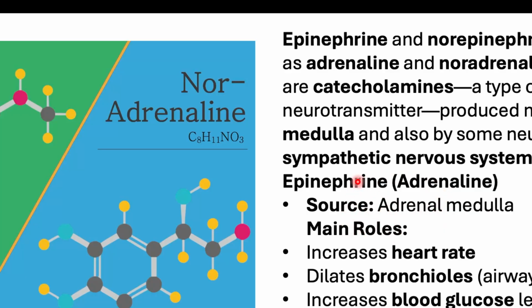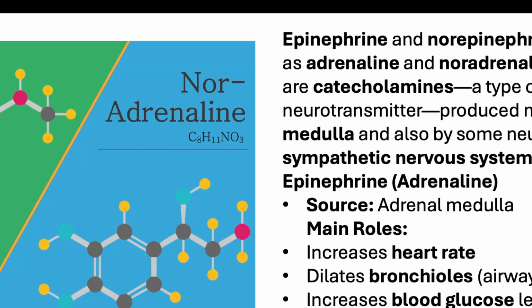And what is the main role of epinephrine or adrenaline? It increases heart rate, it dilates the bronchioles, the airways in the lungs, and increases blood glucose levels by stimulating glycogen breakdown. So it prepares the body for an emergency: increase in heart rate, increased awareness, dilating of the bronchioles to draw in more air, increase in the blood glucose level to supply energy, and redirecting blood flow to the muscles. It prepares the body for fight or flight. Then what does noradrenaline do?